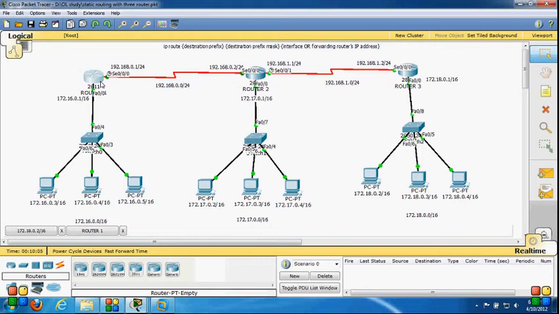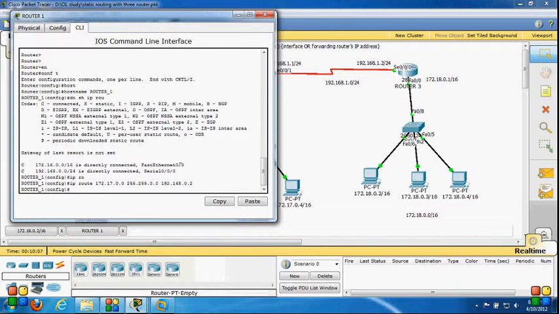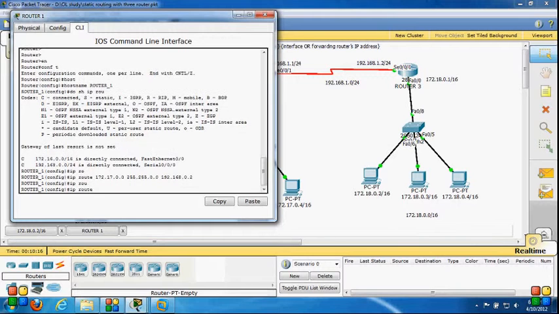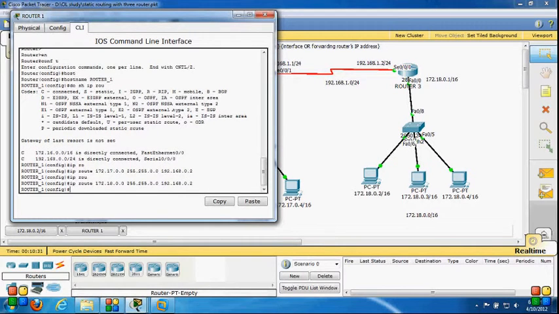Let's hit enter, and now I have to configure one more static entry for the network 172.18.0.0. So it's the ip route command, my destination network is 172.18.0.0, the subnet mask is 255.255.0.0, and the next hop IP address would be the same as the previous one, because again I have to go through that router to reach my destination network.